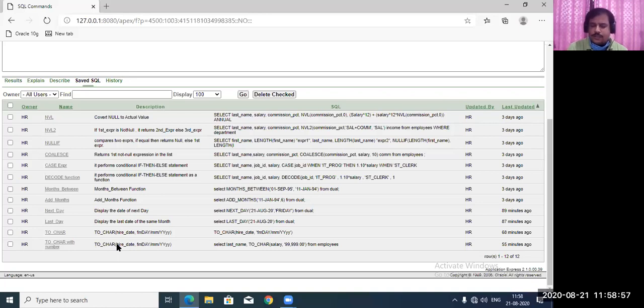That's important in conversion functions. That's why conversion in SQL is divided into two types. One is implicit data type conversion, done implicitly by the server. You should remember that the Oracle server database converts it implicitly. We cannot do it. That's the restriction we have, and you have to remember it. For example, if you want to convert character to number, that can be an implicit data type conversion.